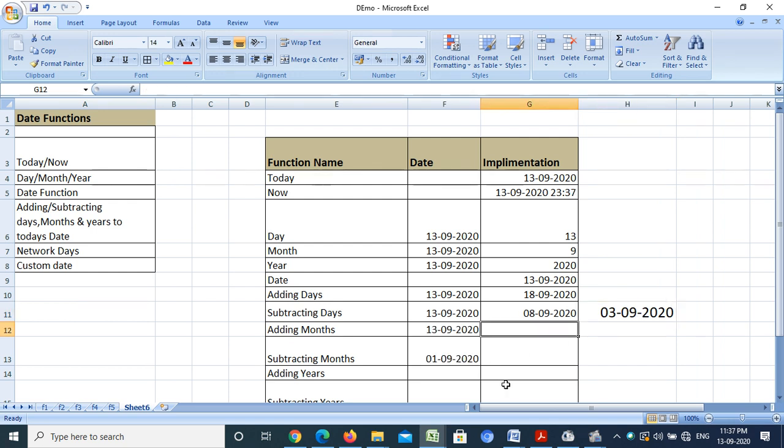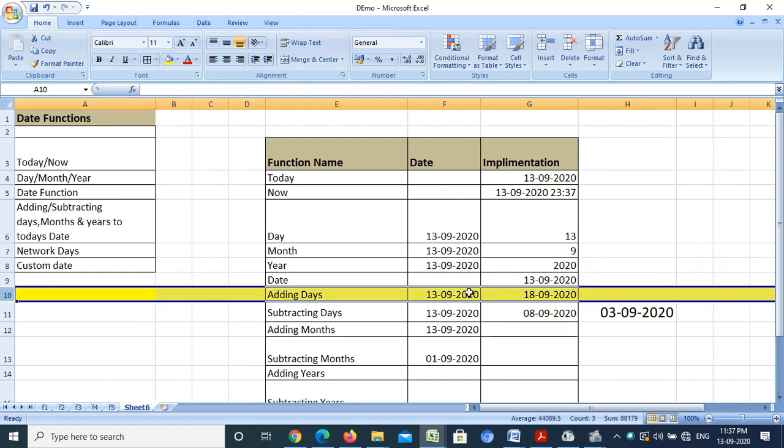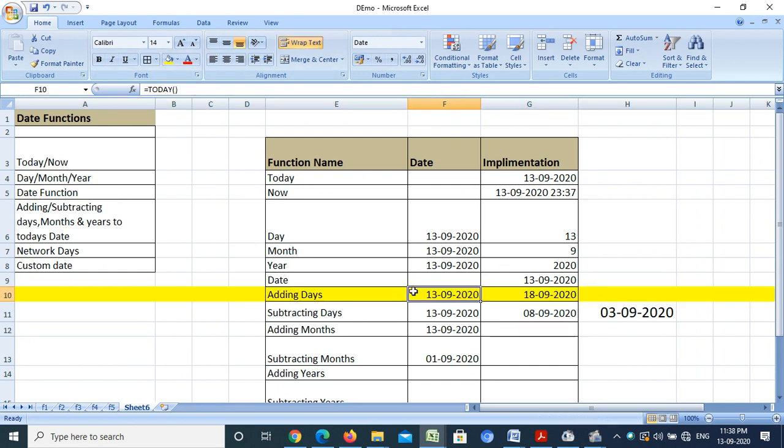See one more interesting thing, suppose I want to change the date in this editing days. Suppose it is today's date. Now I am going to change it. Earlier I added 5 days to the current date, today's date.